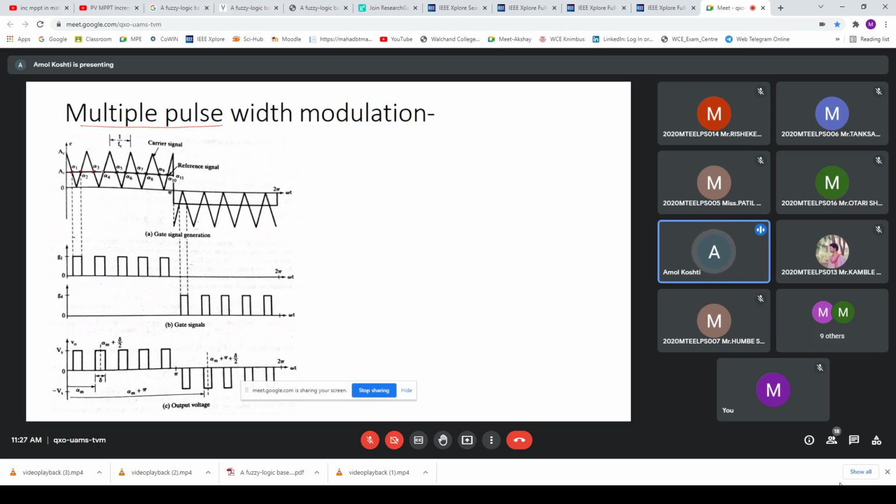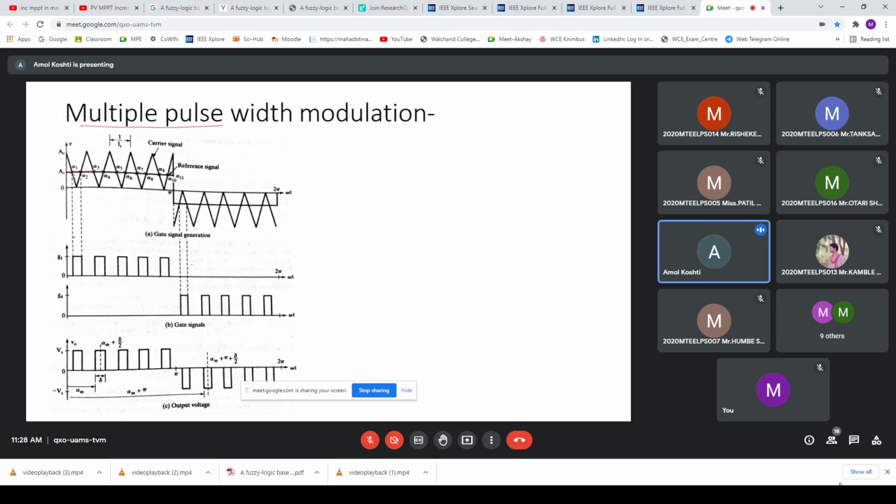Okay, so if we want more output, or the high pulse width, which is in the range of the pulse width, if we want it to be high, then we have to take the output which is more than this reference. Okay, so if you compare this, if you see here, the output is taken less than the reference.